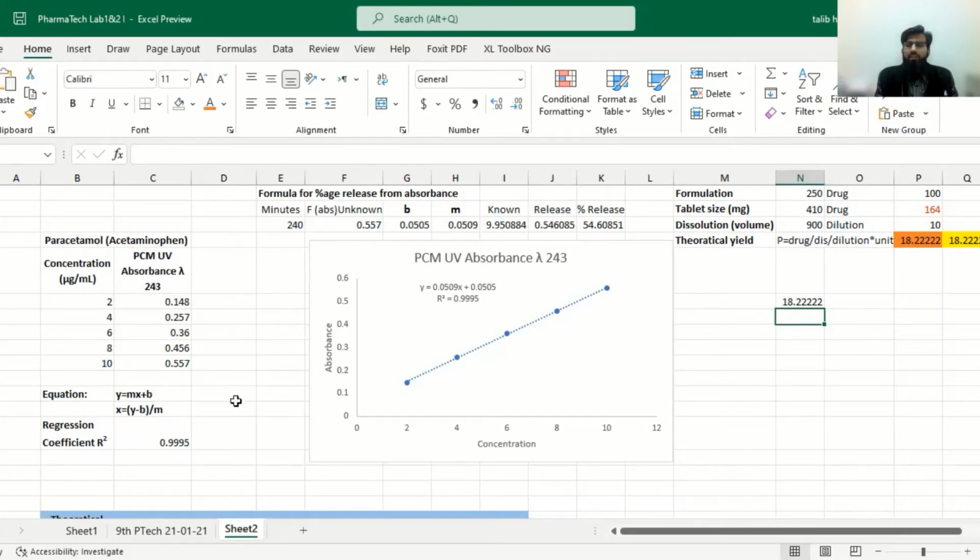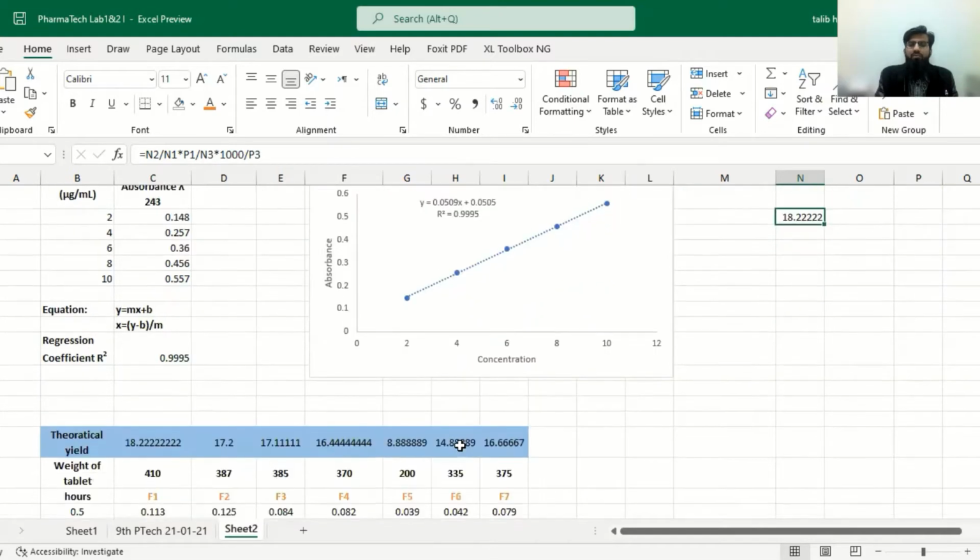If we dilute all the samples 10 times, then all samples will have a maximum concentration within the range of the Beer-Lambert law, with absorbance value less than 1. So we have calculated this concentration, which is a theoretical yield.